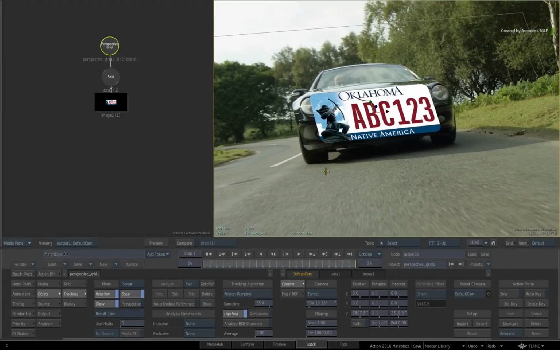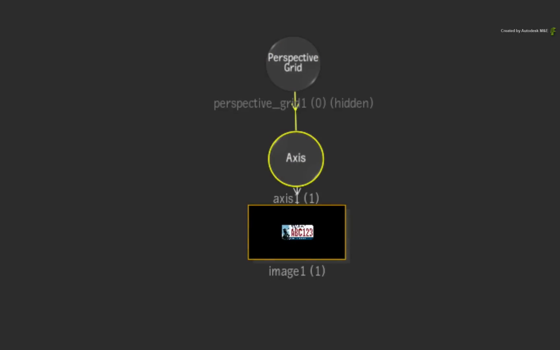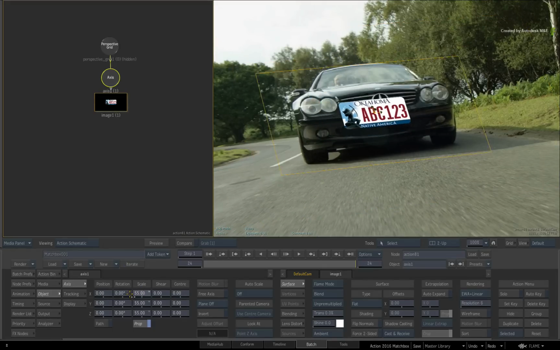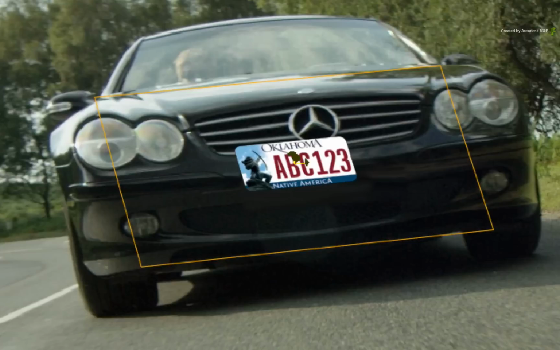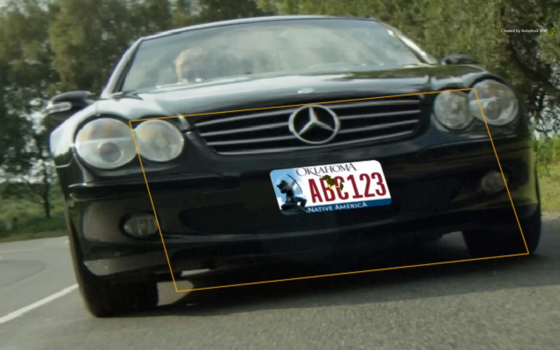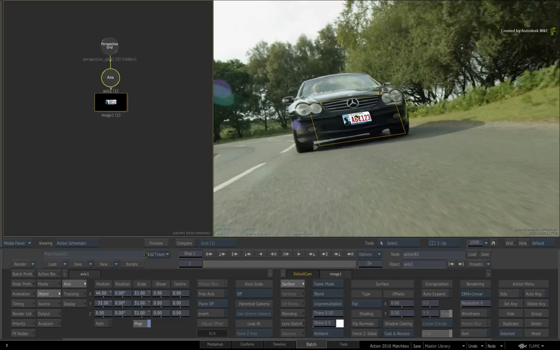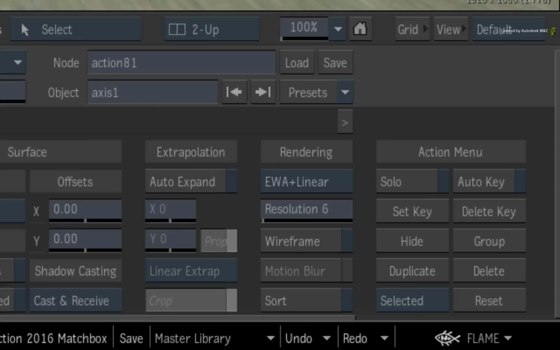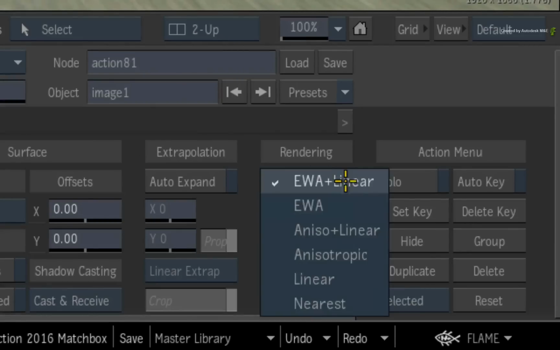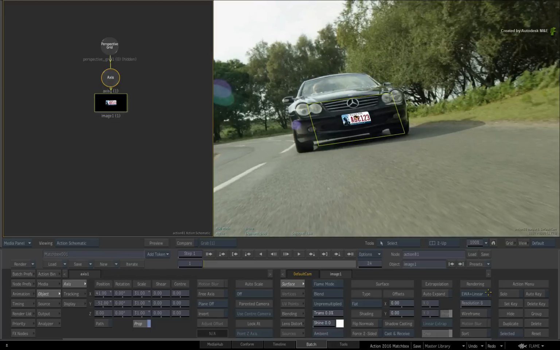All that is left to get the plate into position is to double-click on the axis node. Scale the license plate down to a realistic size and position it on the bumper. When you scrub the time bar, the license plate should be locked into position. Now double-click on the Image Object node and set the rendering to EWA plus linear. We'll worry about lighting later on, but now you're at a good point to look at the front and matte